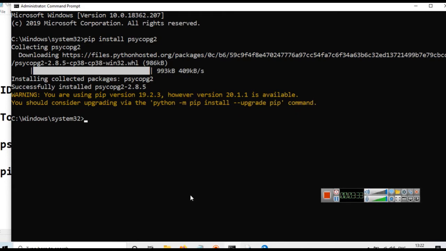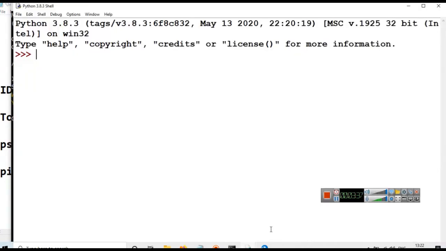Once it is done, in your IDLE you can type import psycopg2. If you import this, you will not receive any error, and that simply means this package is now installed, and now we can use this package or module to connect to PostgreSQL.